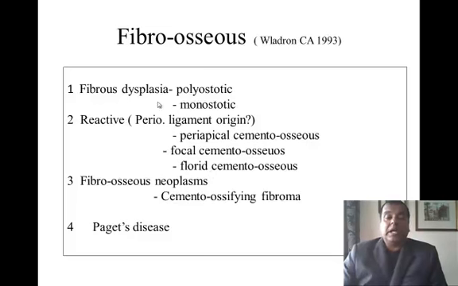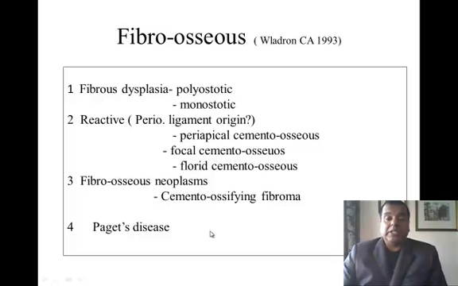These more commonly occur in African Americans and usually appear as periapical radiolucencies on vital teeth, and no treatment is usually required. Fibroosseous neoplasms, the main one you need to be aware of is cemento-ossifying fibroma, and then Paget's disease